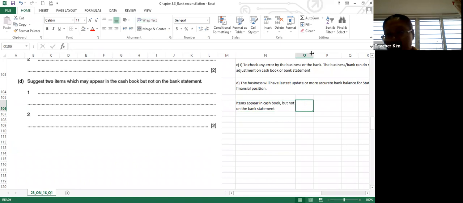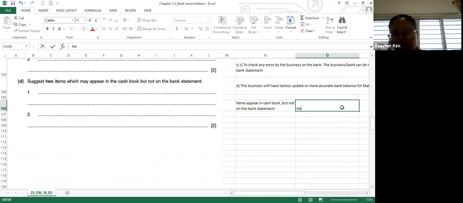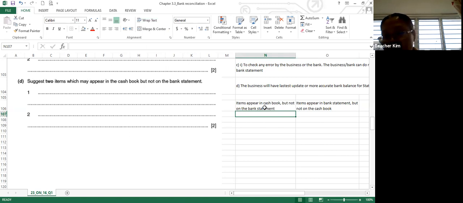Whereas another one is items that appear in the bank statement but not on the cash book. So just in case the question turns to this one. For the items that appear in the cash book but not on the bank statement, we can put